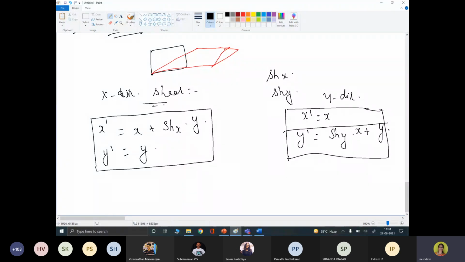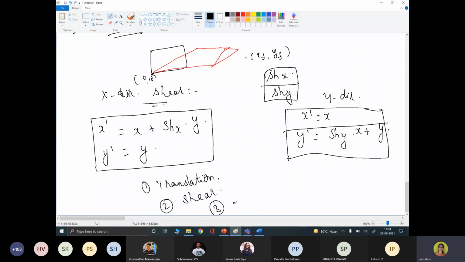So next class we will be discussing this with an example. And similarly, now we are shearing with respect to the origin. Similarly, we can shear your object with respect to some arbitrary point. If it is some fixed point x f, y f, what do we have to follow? Either x or y direction shearing, that doesn't matter. What we have to follow now is that all the pixel coordinates should be aligned with the origin. So we need to perform a translation. After performing a translation, you can shear the object either in the x or y direction. After performing the shearing, perform an inverse translation.